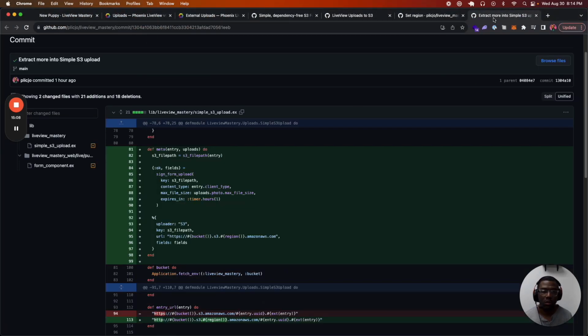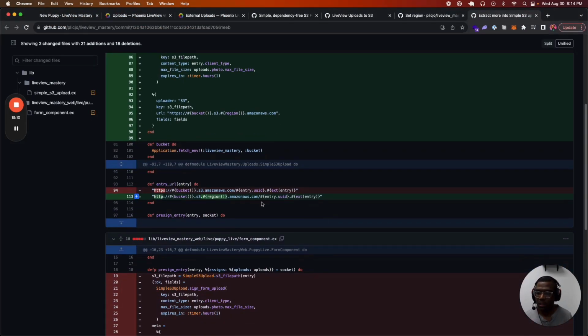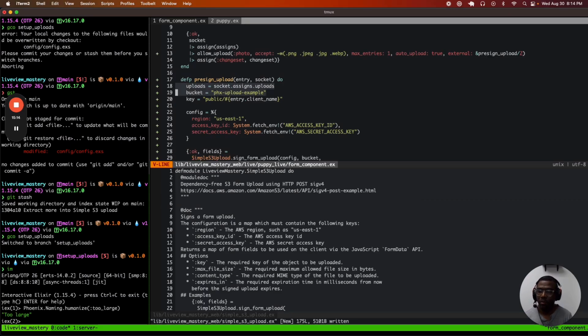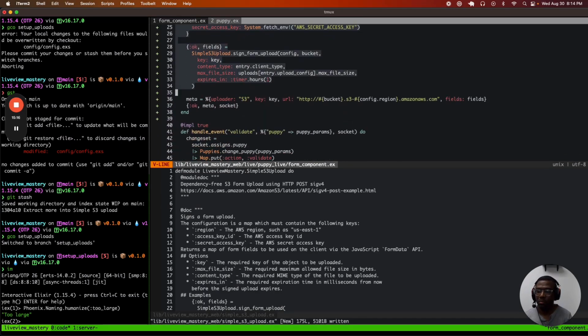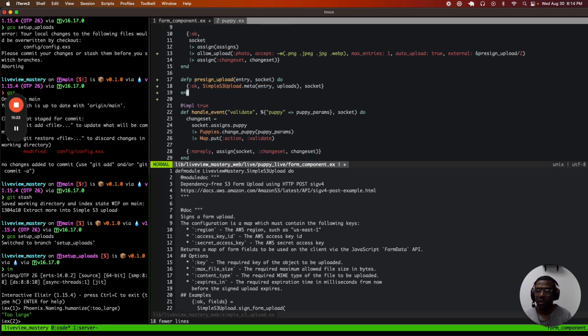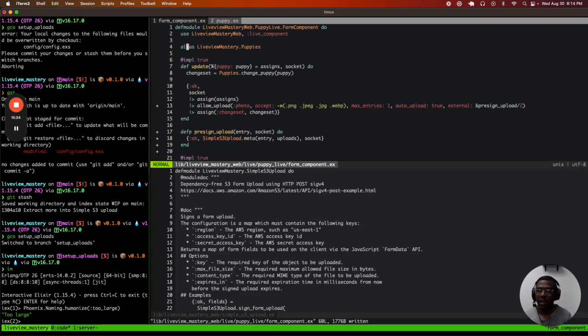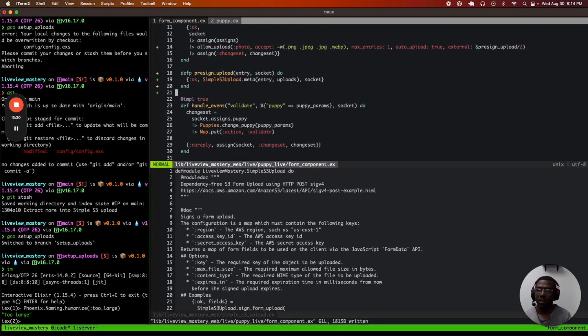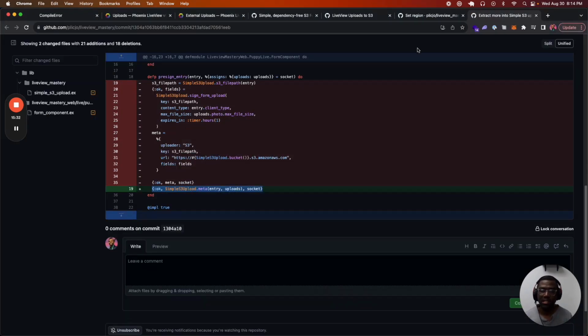And the end result looks like the following, where I have turned this into a one-liner, where the pre-sign upload just makes a reference to the simple S3 upload meta function, and now we just need to alias it, Liveview Mastery. We need to bring in the simple S3 upload. And now the pre-sign upload part, that's important because when on the front end, when we actually upload a file,